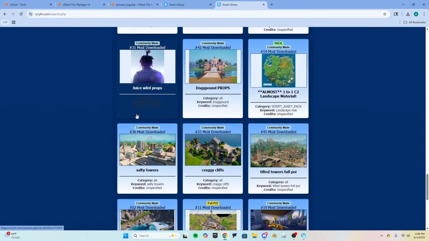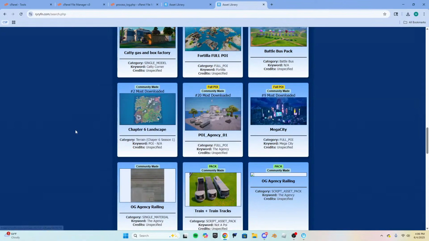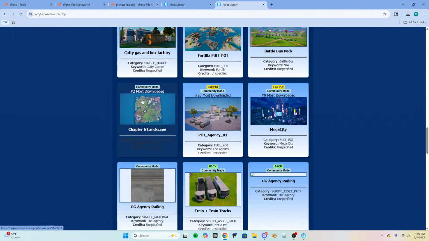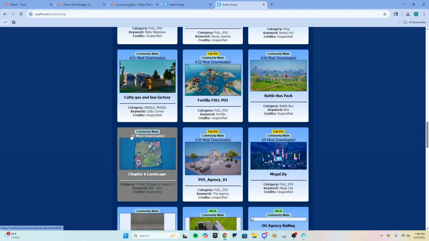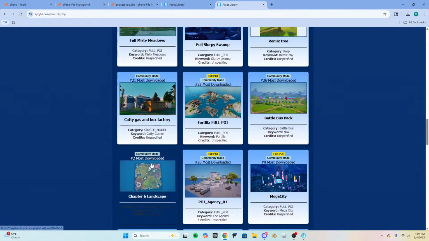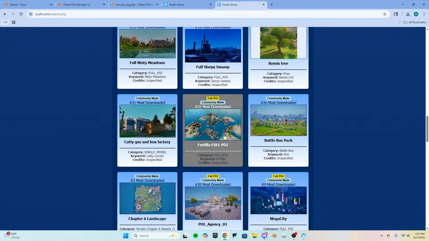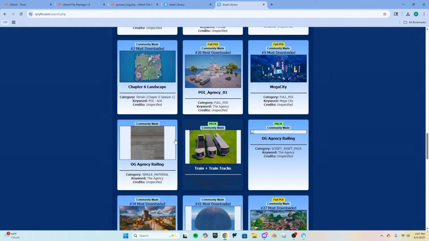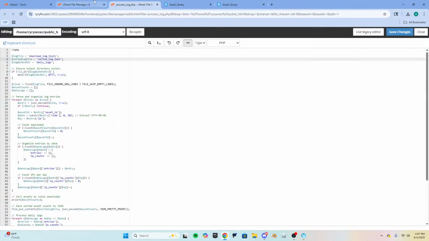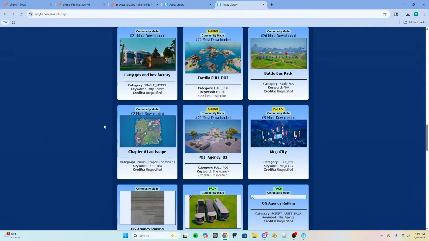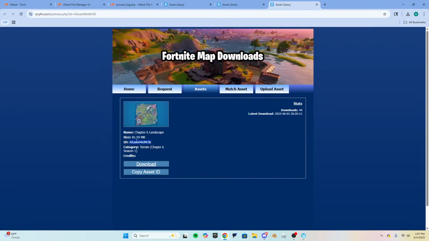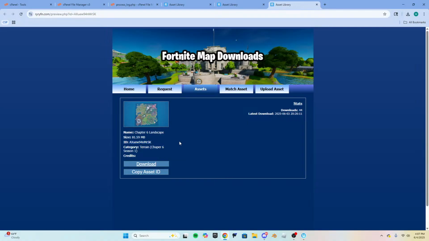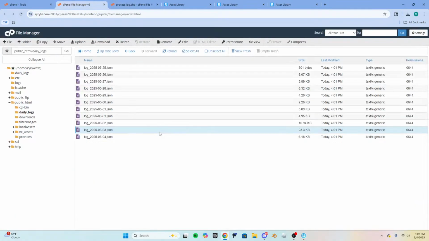Let's see where your chapter 6 landscape is. Wait, your chapter 6 is the number 2 most downloaded. Yeah. Look. Go look. I know. Do you want me to check to see if somebody spam downloaded? Chapter 6, what's the asset ID on this? What is its ID? AX? Let's check yesterday first and see how many.